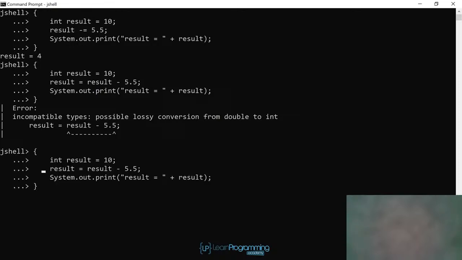Let's hit the up arrow again and add a cast, but also use parentheses. I'll add the cast to an int, but because I need to cast the entire result, I'll enclose it in parentheses as well. What would have happened if I didn't put parentheses around the equation? Well, think about that for a minute. Java would have assumed we were only casting the variable result to an int, and we still would have got the same possible lossy conversion error. So now I'll press enter, and here our result is 4 again, as it was when we first used the